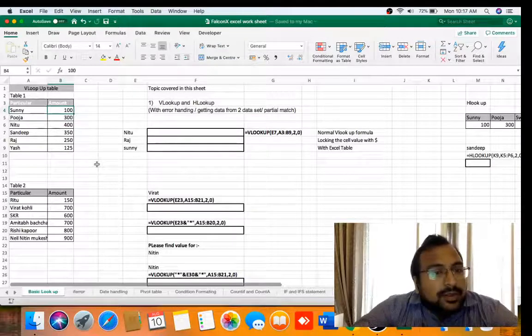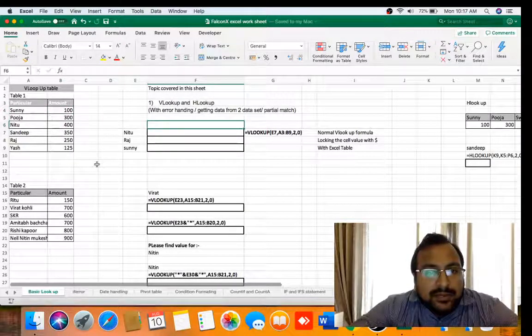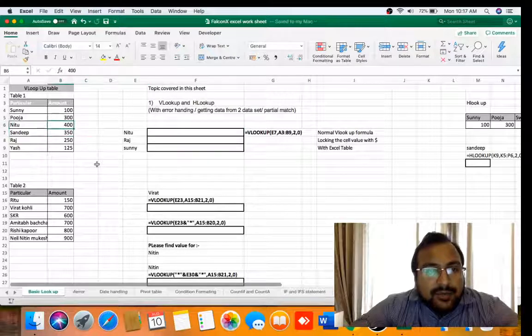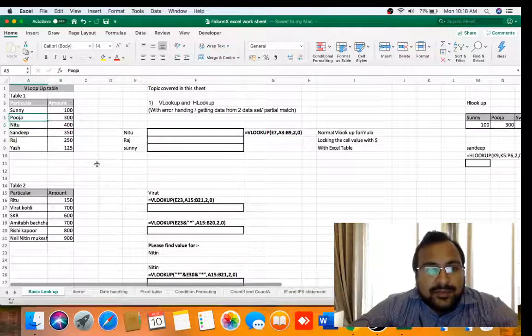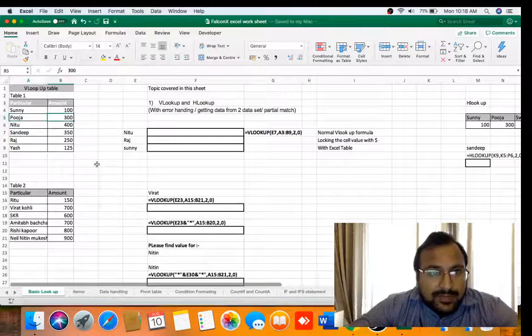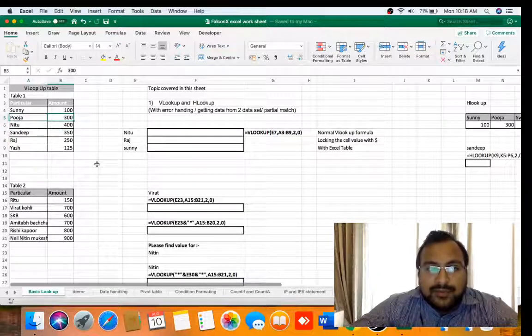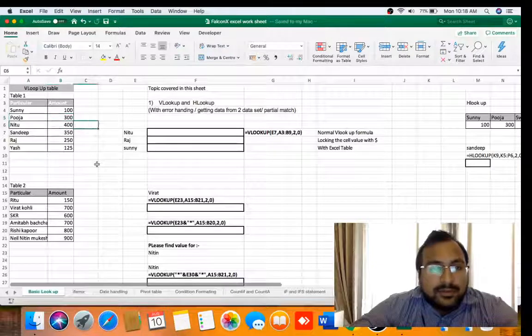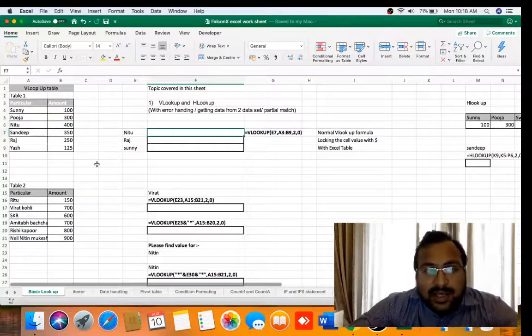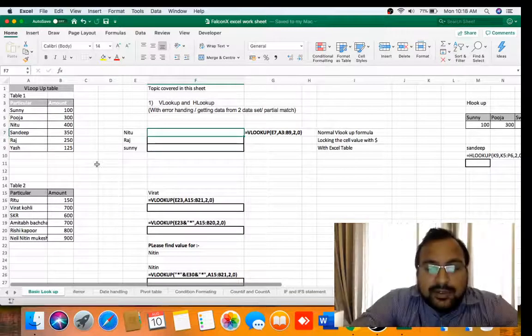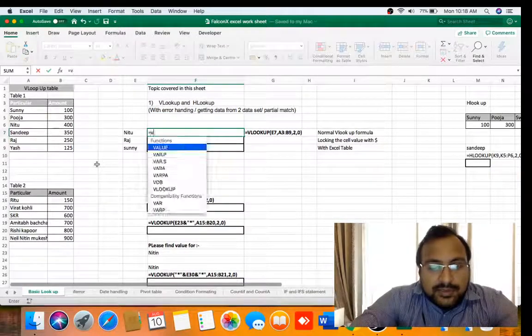The importance of VLOOKUP is that if we want to find the corresponding value of some item in a given table, how can we find it? For example, we want to find the value of Puja. 300 rupees is pending to be taken from Puja. So we have to find the value here. VLOOKUP is used for finding the corresponding value. And the formula for VLOOKUP is VLOOKUP